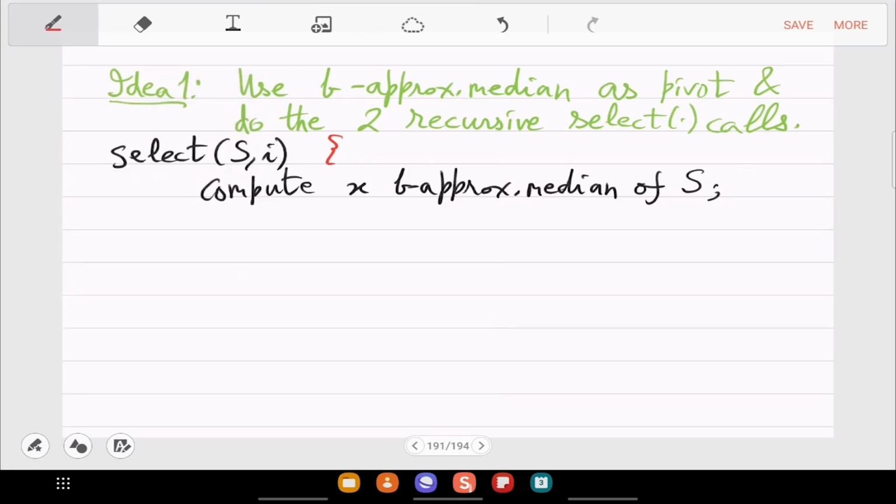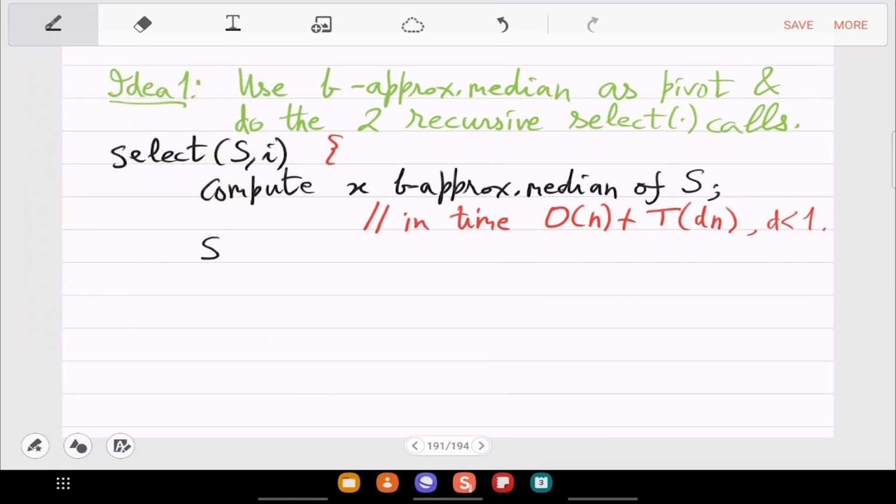But we want to achieve this in time order n plus another recursive call on a fraction. We'll set some fraction, and in a single recursive call, we will compute X, which is a major claim. We'll see it tomorrow. But suppose all that is done, so let's proceed on top of that.